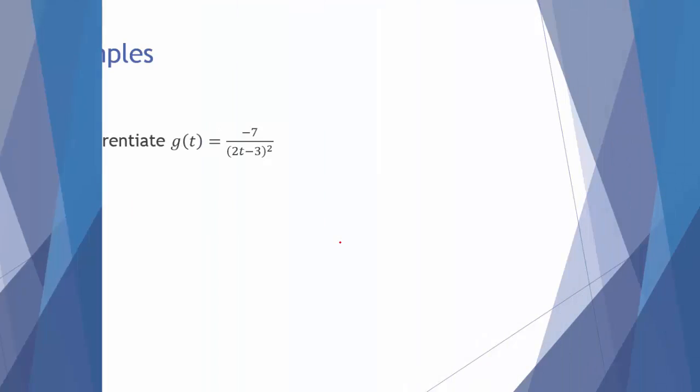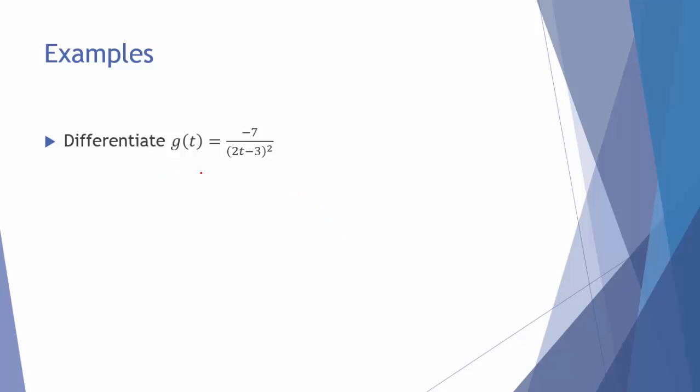So that's its derivative. If we want to differentiate g of t equals negative 7 divided by 2t minus 3 squared, we actually can go about this 2 different ways. If your inclination is to use quotient rule, that will work out. Let me do it that way first. If we use quotient rule, then dg dt, or g prime of t, either one, we will have the denominator, 2t minus 3 squared, times the derivative of the numerator. Well, the derivative of negative 7 is 0 because it's a constant, minus the numerator, negative 7, times the derivative